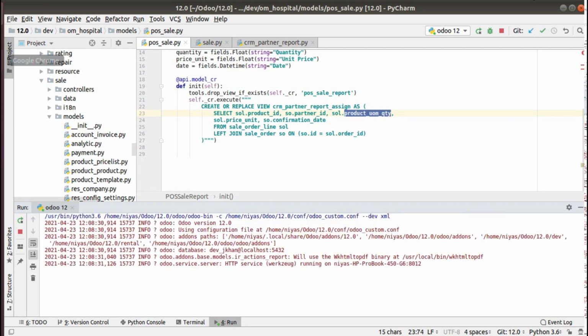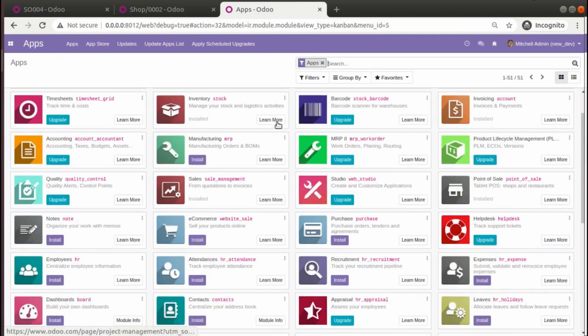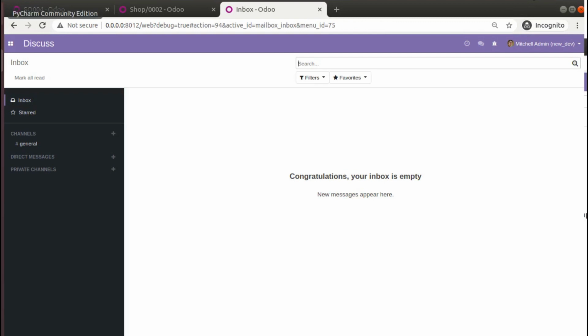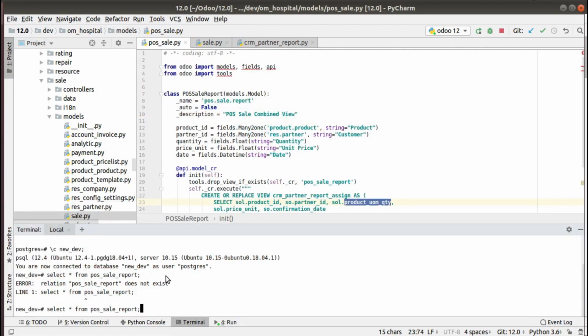So I'll be going into the UI, and from the UI I'll be upgrading our module, that is Odoo development tutorials. So let's see what happens if you upgrade the module. So you can see the module has been upgraded. Now I'll be coming back to PyCharm, and I'll be going into the terminal, and if we run the select statement again,